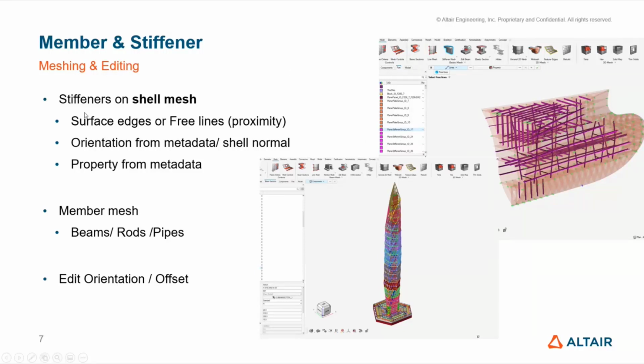What's the main difference in HyperWorks between a member and a stiffener? A member is nothing but a 1D meshing of lines, being free lines or surface edges. We have engineering names called beams or rods and pipes, and we auto-generate a proper element type and property based on this. On the other hand, we have a stiffener mesh, which requires